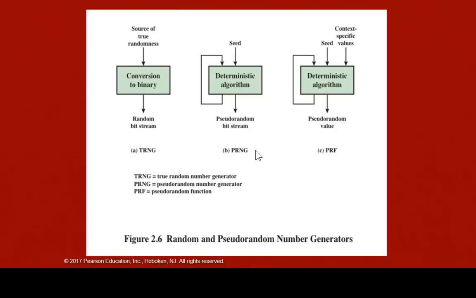Typically, as shown in the figure, there is some feedback path by which some of the results of the algorithm are fed back as input as additional output bits are produced. The important thing to note is that the output bit stream is determined solely by the input value or values,